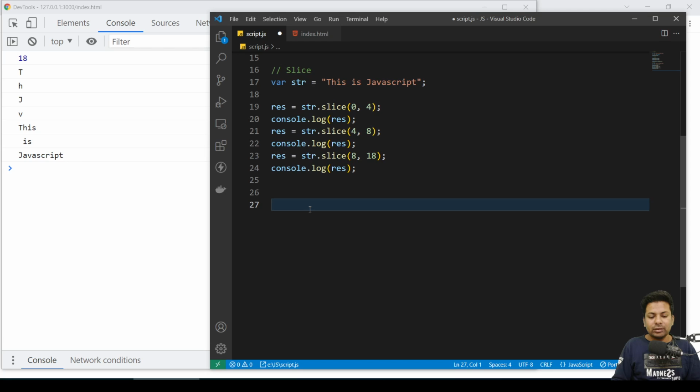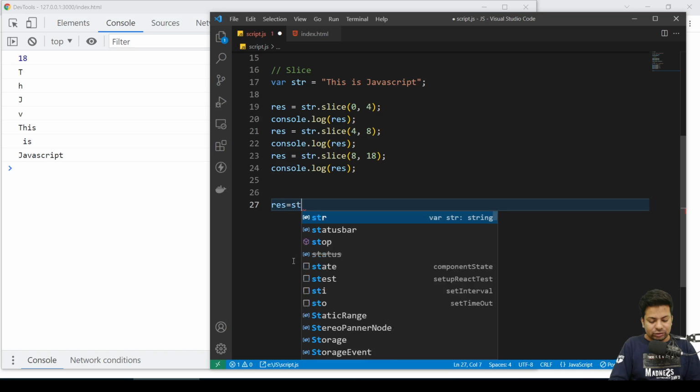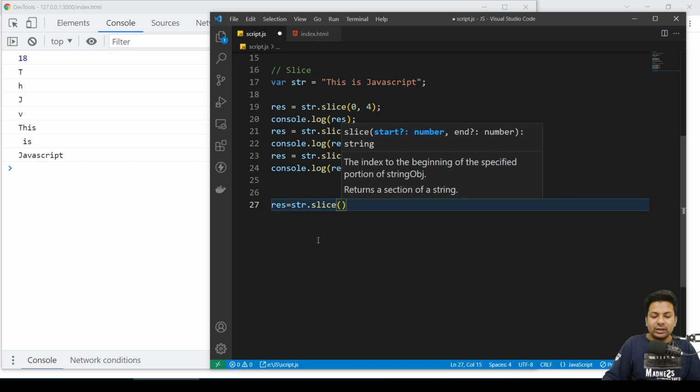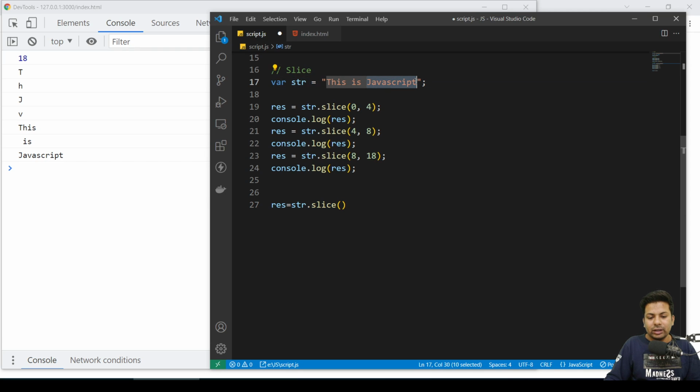Suppose it's a very lengthy script, but I want from the backwards. So what I can do is say res equals str.slice. Now from the backward I start. I want to get this word but from the backward. So I'll say -1, -2, -3, -4, -5, -6, 7, 8, 9, 10.